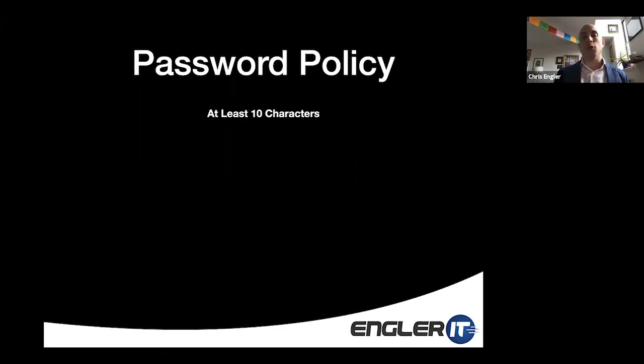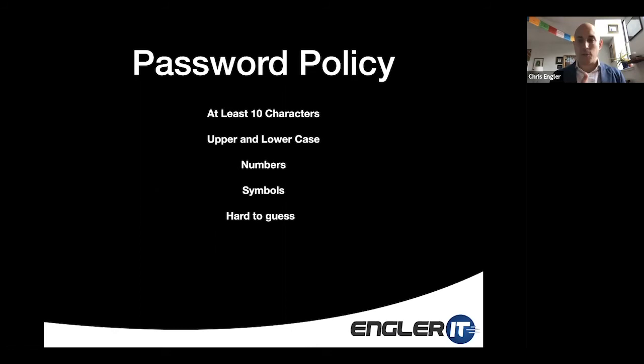And so a good password policy is going to have at least 10 characters in your password. You're going to have upper and lower case characters, numbers, symbols. It's going to be hard to guess, meaning it's not going to be your kid's name, anybody's birthday, not your dog's name, nothing that anyone would be able to guess about you if they knew anything about you. We want it to be something you have not used in the past, and we want it to be different